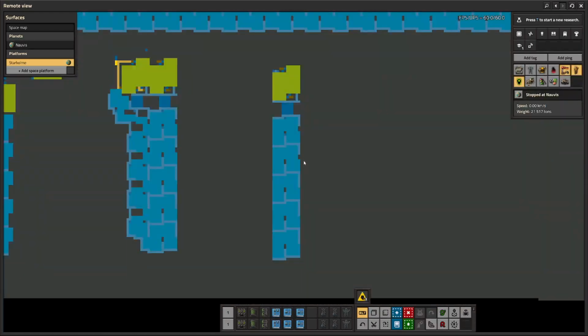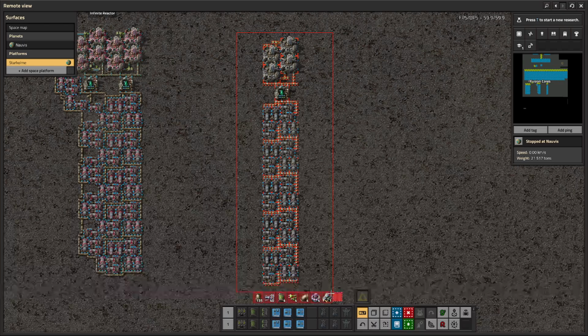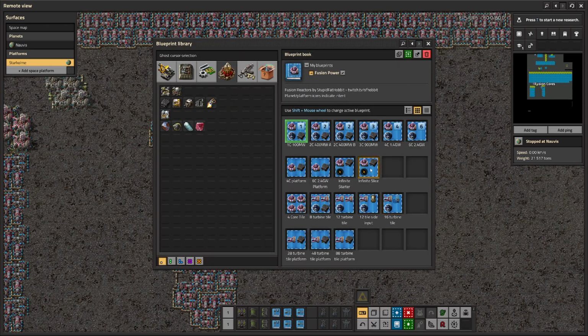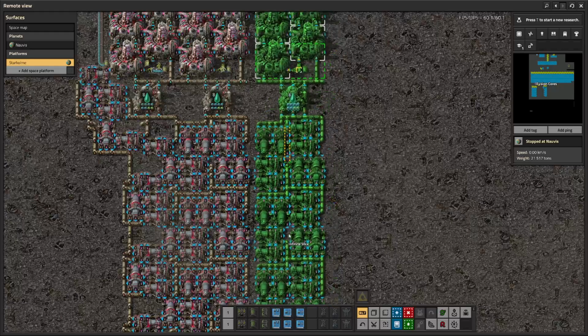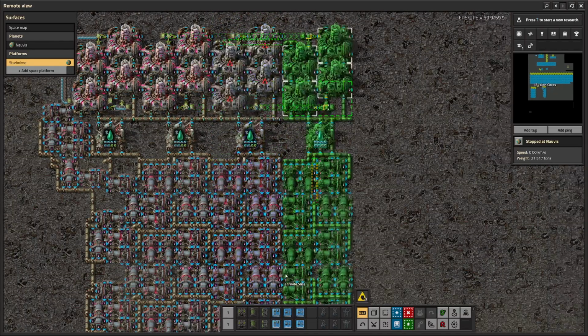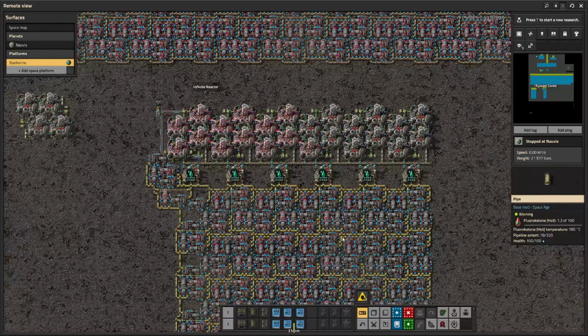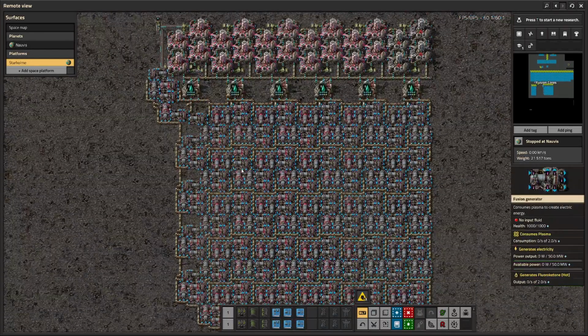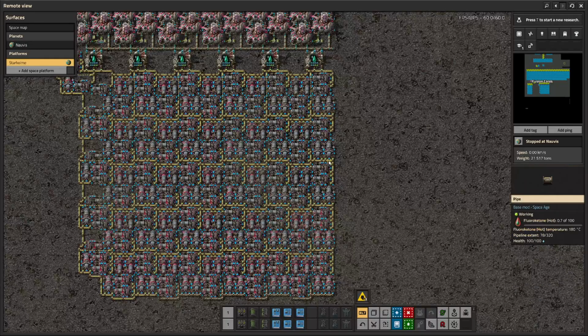So we take that and we grab our little slice, we line that up right there, and then we can just extend it however far we want. And the fusion flows in, or the fusion cells flow in, everything powers up, and you can make this again as big as you want up until the